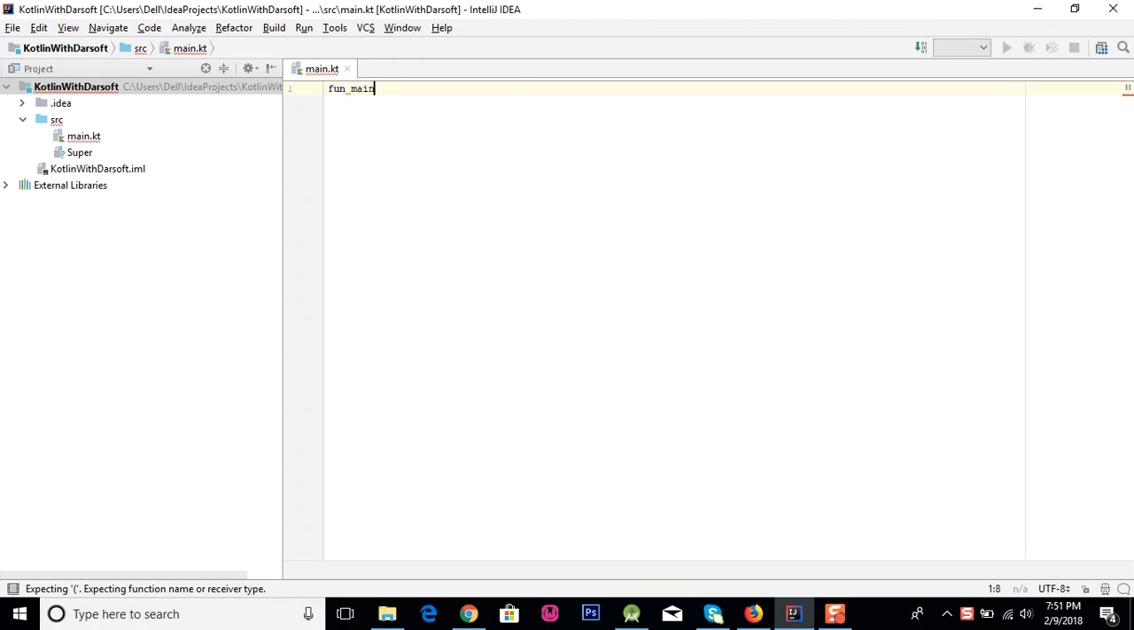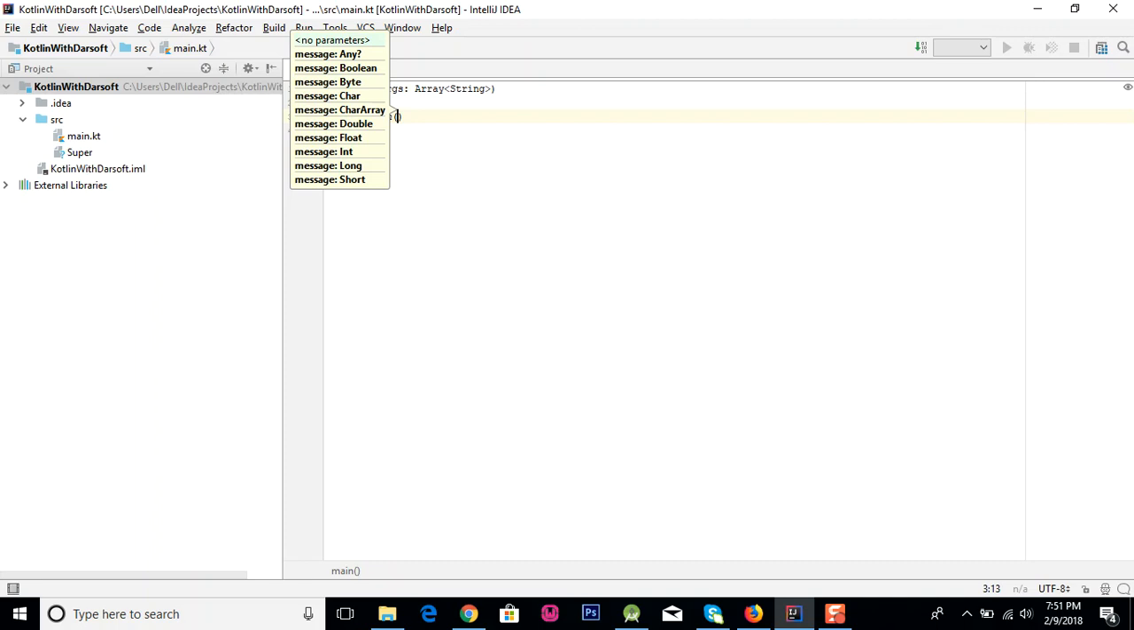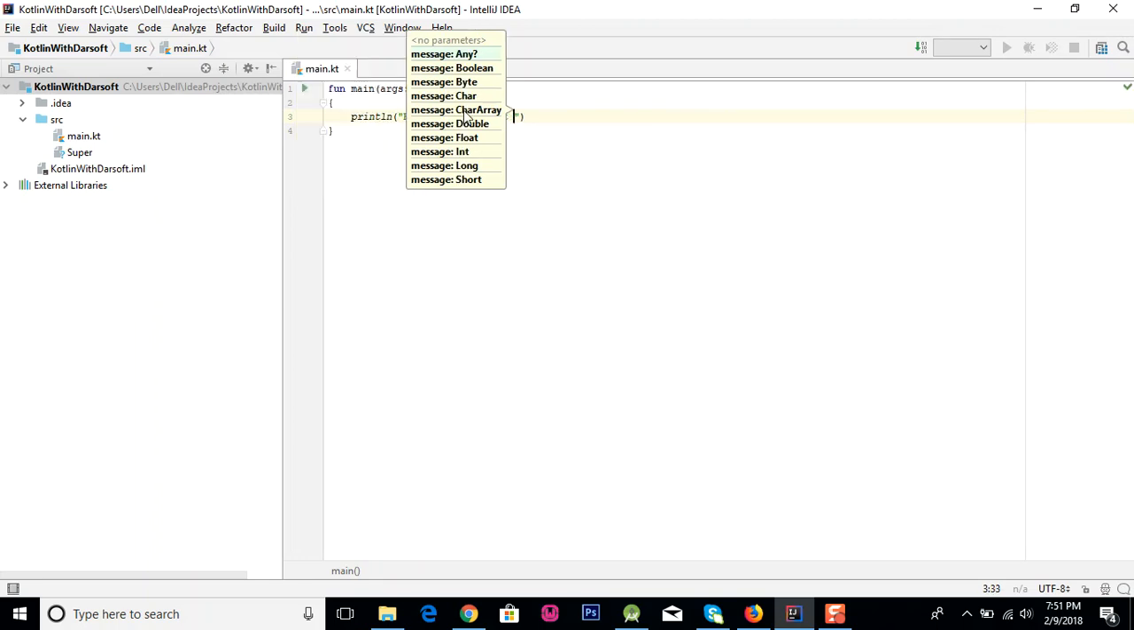After fun, you will name the method main, and in this we are giving the arguments, just like the method of arguments, and here we will use array and then use string in this. And after this we are going to create a block of code with curly braces, and here we will use println. In Java we use System.out.println, but in Kotlin we are just using println, and just double quotes, hello dear students